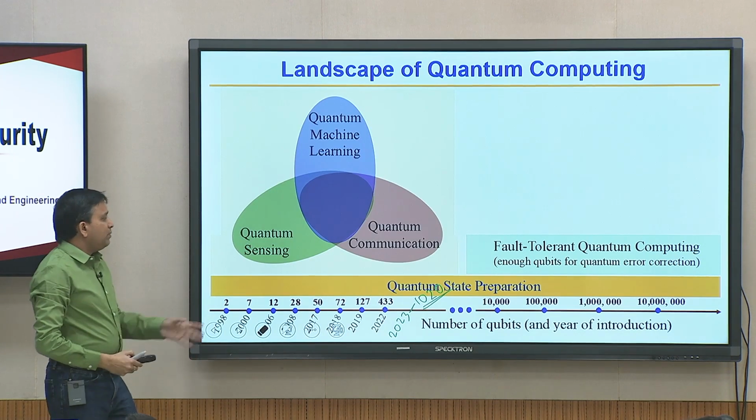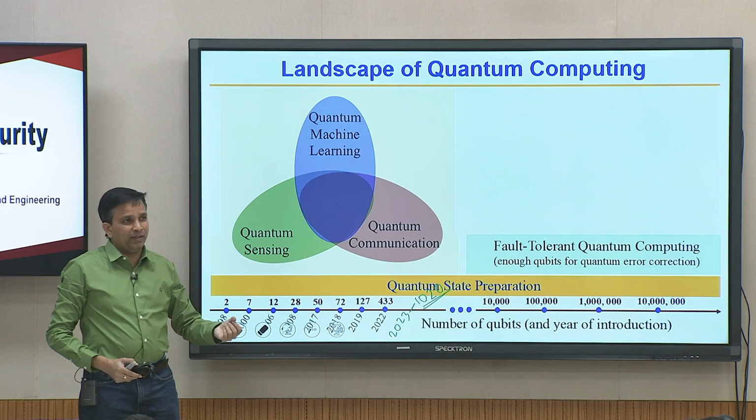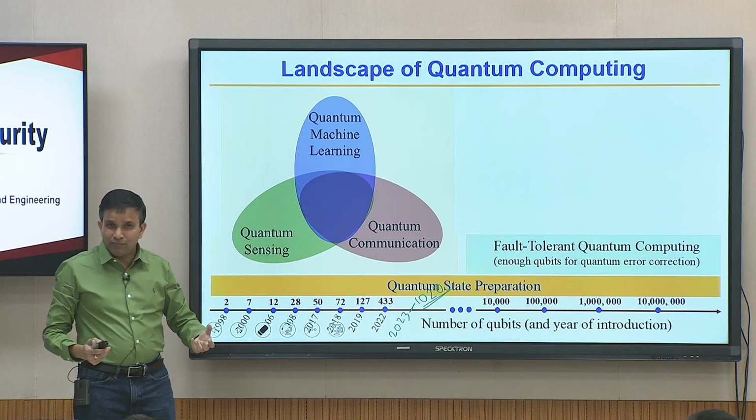Today, even with the quantum unreliability or noisy story, people are still able to solve a certain class of problem. Today's lecture I will focus on quantum machine learning. Quantum communication is very stable and it relies on the idea of entanglement, and we believe in that philosophy in India.